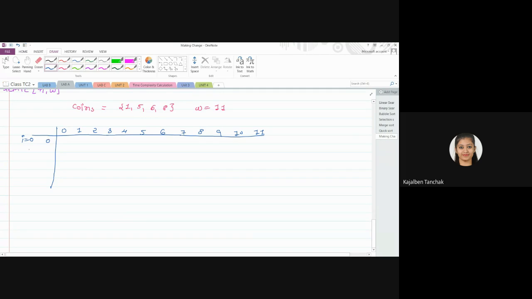Here the coin value is 0, then 1, 5, 6, and 8. Okay, i is equal to 1, i is equal to 2, i is equal to 3. When j is 0, you will put 0, 0, 0, 0. When i is equal to 0, you will put infinity, infinity, infinity, infinity. Right? Now,